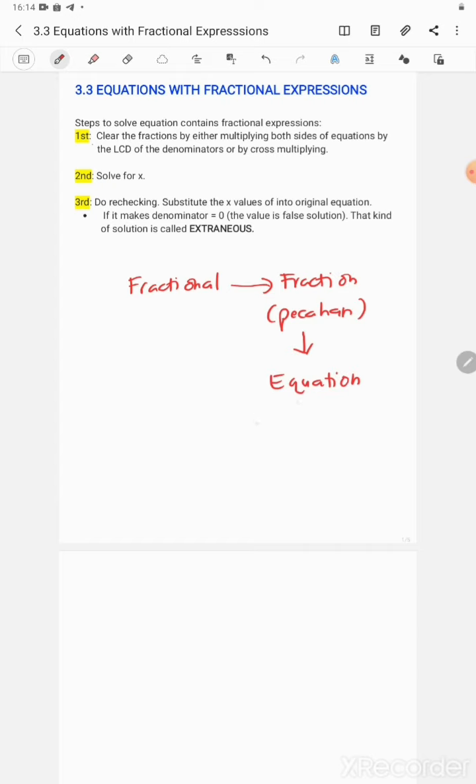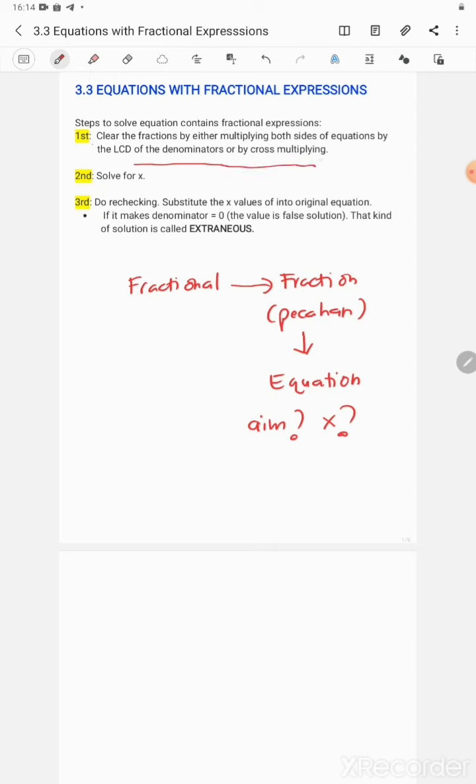Okay, our aim, we want to find the value of x, right? So you can imagine that we have one equation and involving fraction. Okay, how can we solve this? Okay, there are a few steps to solve the equation contains fractional expression. Step number 1, clear the fraction by either multiplying both sides of equation by the LCD of the denominators or